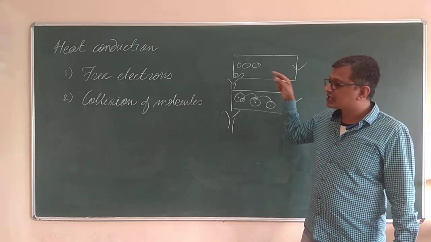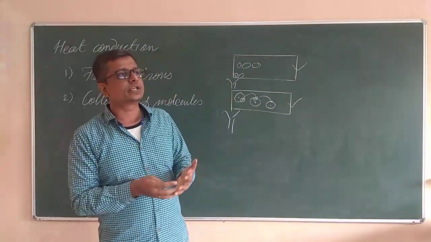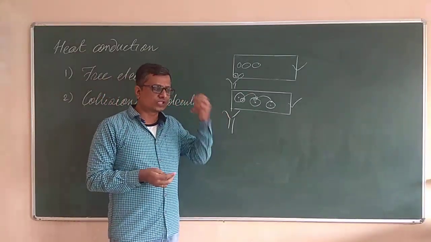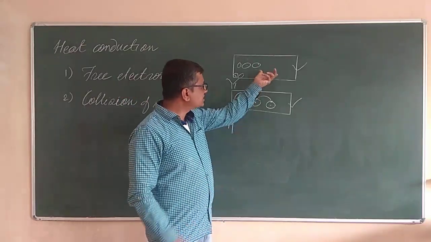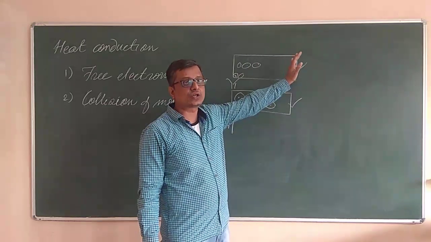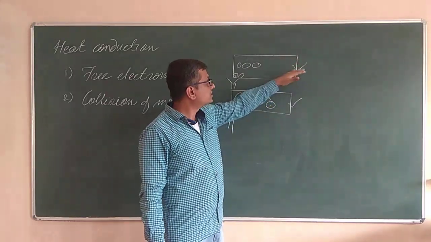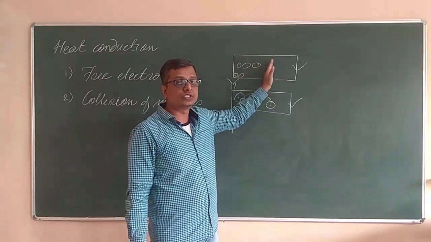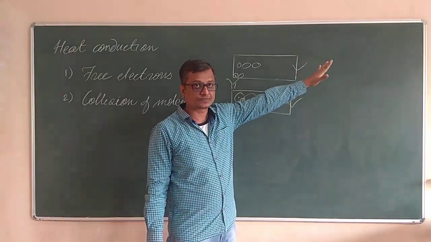Whereas in the case of an insulator, however fine the insulator is, there might be some impurities in it, and due to the impurities there might be some free electrons in it, but the quantity, or the number density, of free electrons is very negligibly small. So in an insulator, the transfer of heat due to free electrons is negligibly small, and the transfer of heat due to molecular vibration, or the collision of the molecules, is much more dominant than the transfer of heat due to the electrons.